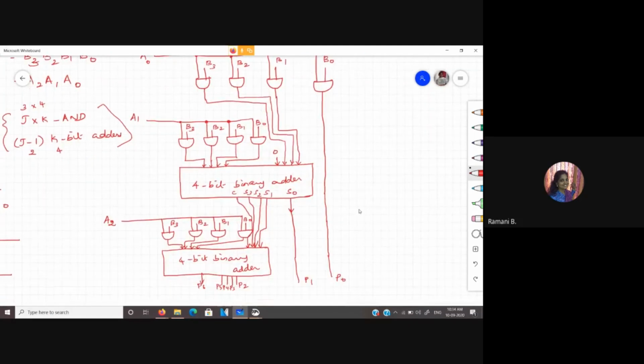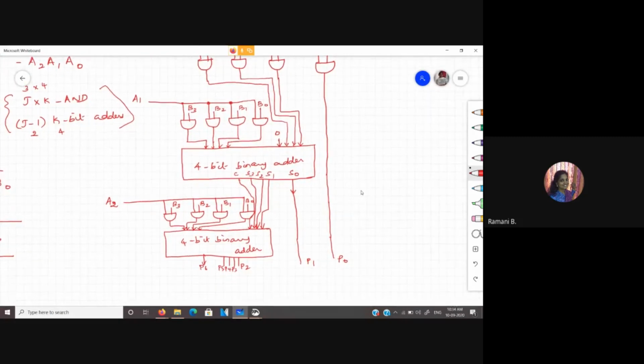This is somewhat tedious, which is why many people invented algorithms to perform the multiplication operation. The Booth multiplier we shall see in some other class.